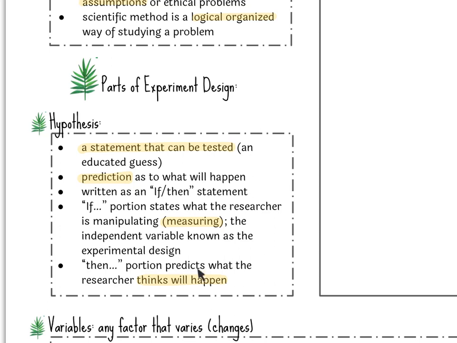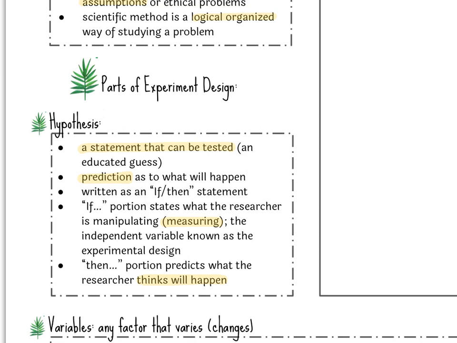What the researcher thinks will happen. So again, you're not for sure what's going to happen. You could have a pretty darn good guess because of your prior information, because of what you researched, but you're still running the experiment because there's some doubt somewhere, okay? So it's what you think will happen. The if-then statement is the hypothesis,